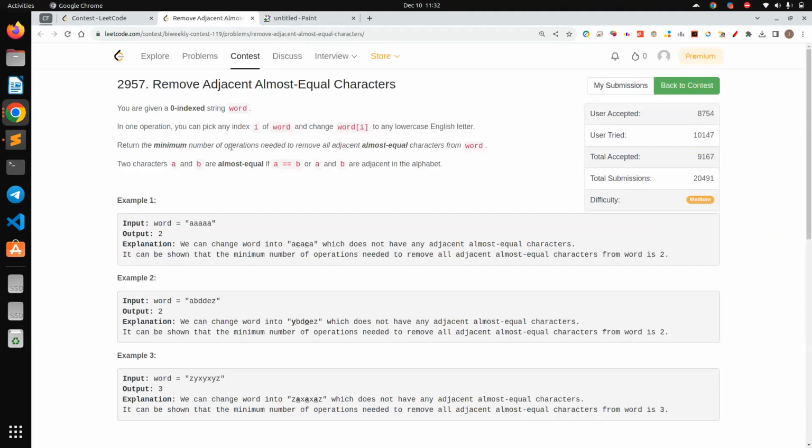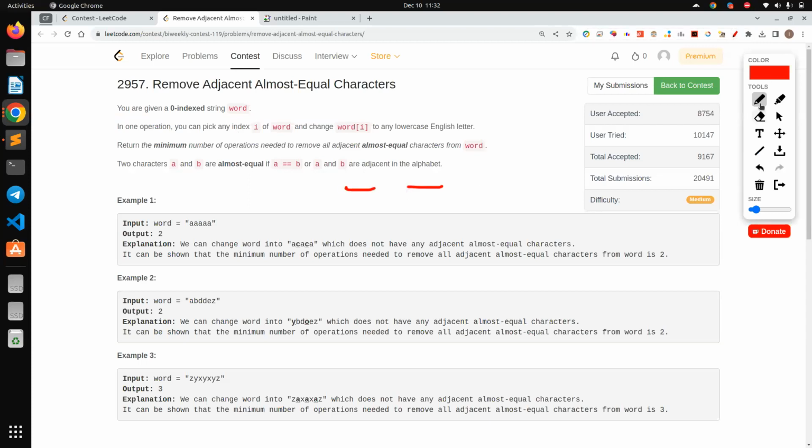So this is also an easy problem. In this problem, you would be given a string word, and you could change word[i] to any character, and you need to return the minimum number of operations such that you can remove all the adjacent almost equal elements. So what are almost equal elements? For example, these two characters are there. Okay, a character x. For this x, the almost adjacent characters would be the character itself,